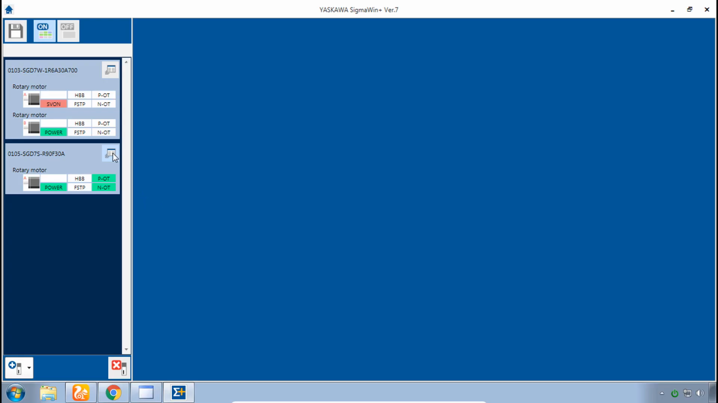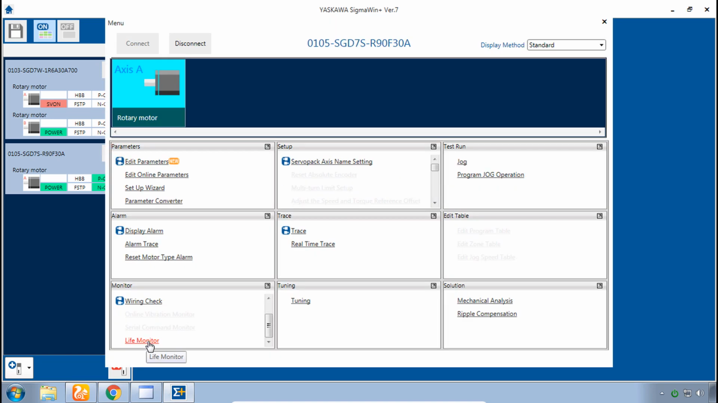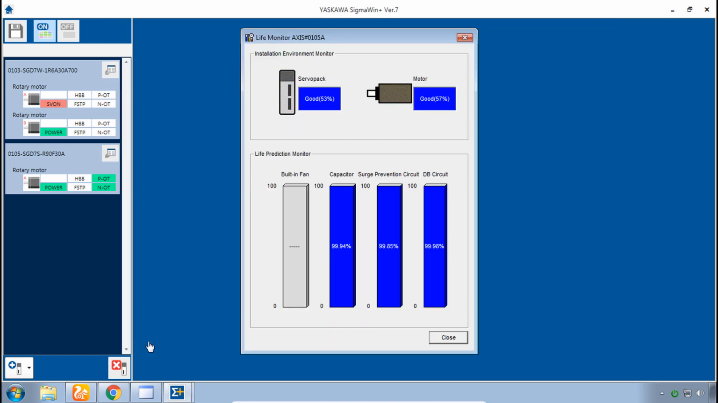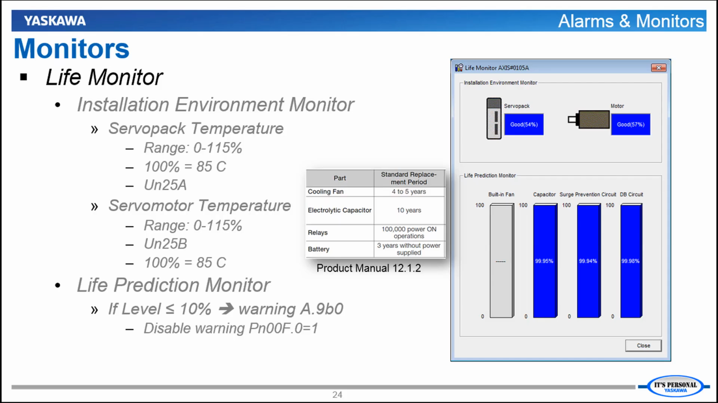Finally, now under monitors, let's open Life Monitor. Let's click on that one. There are two sections of Life Monitor, the Installation Environment Monitor and Life Prediction Monitor. These are new for Sigma-7. So what are these about? The Installation Environment Monitor is about temperature, where 100% is 85 degrees Celsius. So the servo amplifier and motor right now are in the good range, 50 or so percent of the way